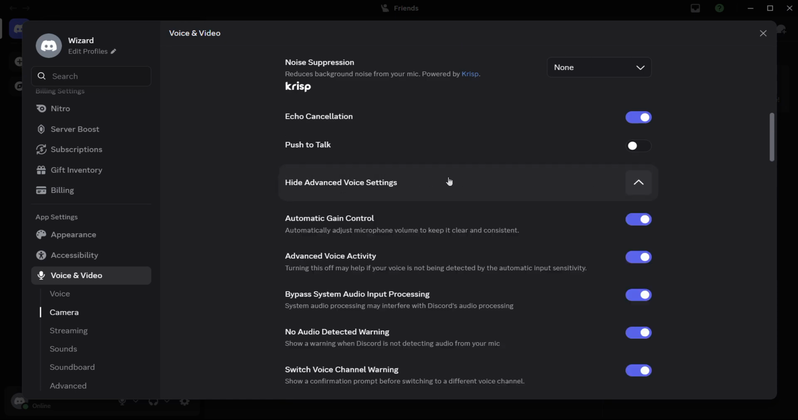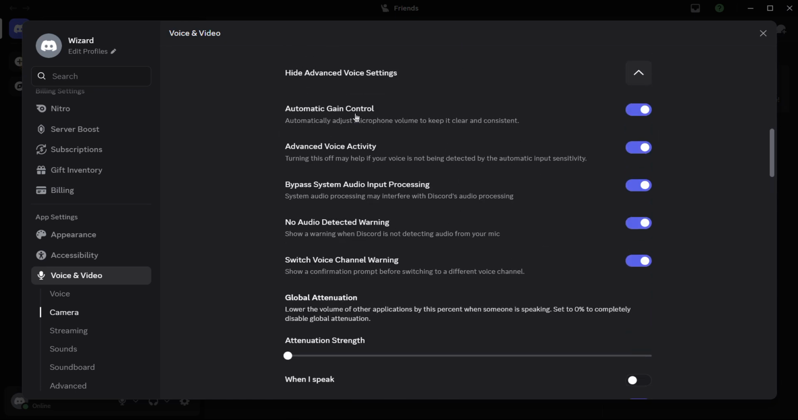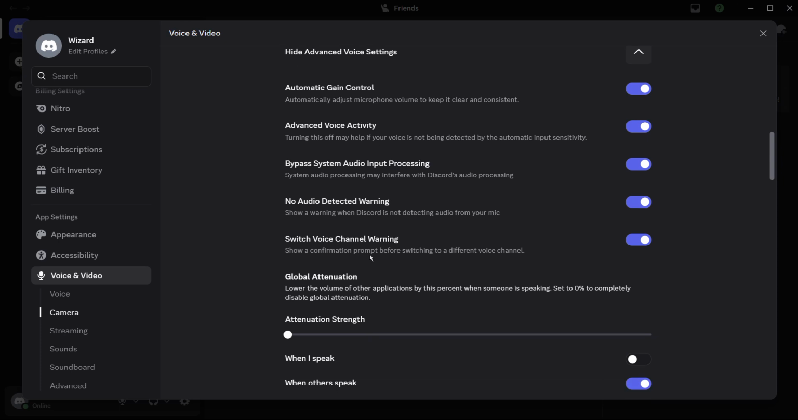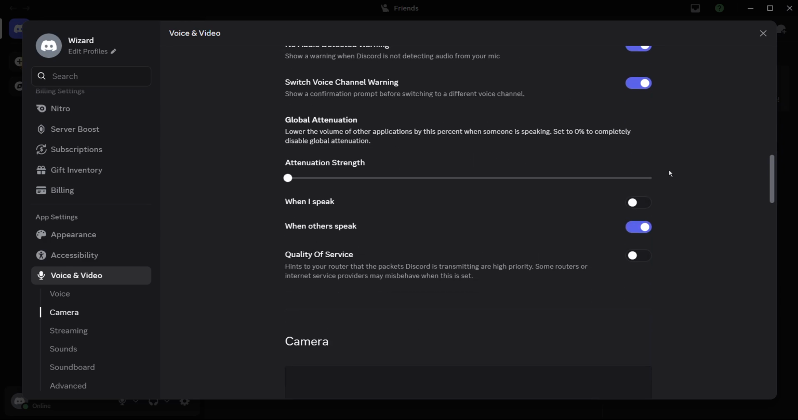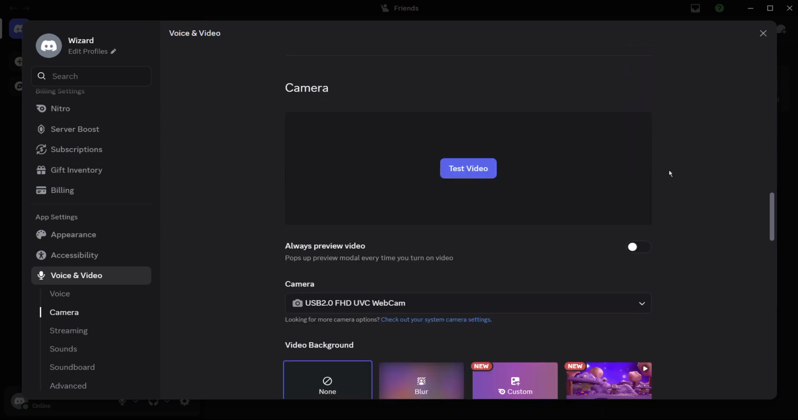Apart from that, if you also go to the show voice setting, you can also see automatic gain control, advanced voice activity, bypass system audio processing, no audio detect warning. So basically, you can also tackle these three options as well and see if disabling any of them fixes your issue, and hopefully any of these features will work and your